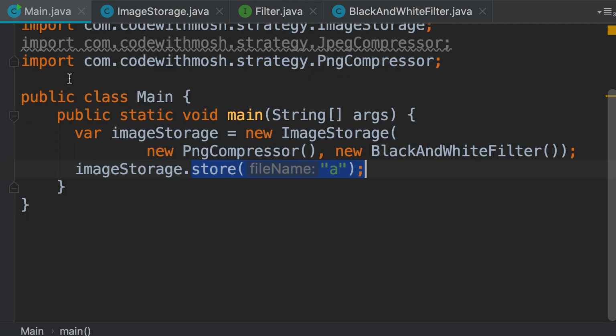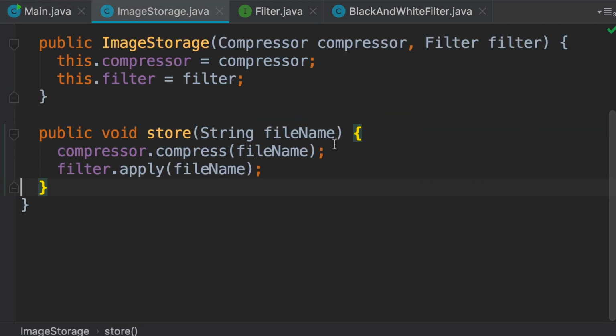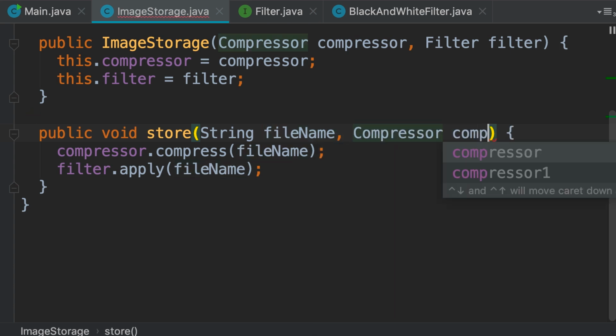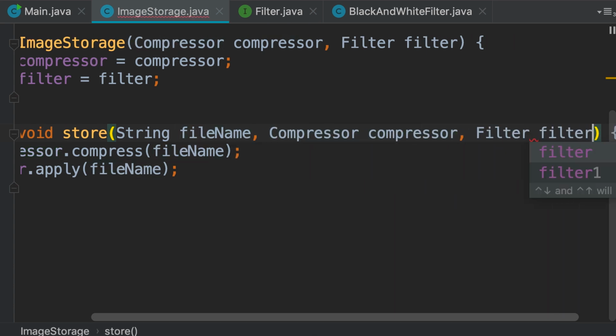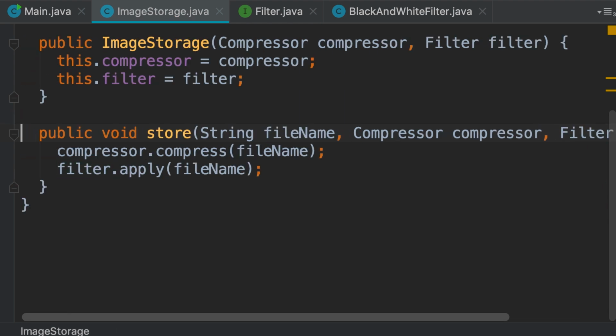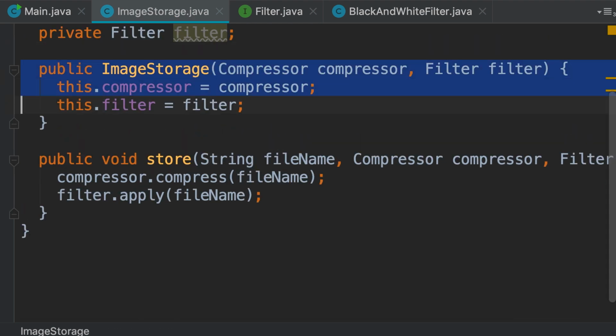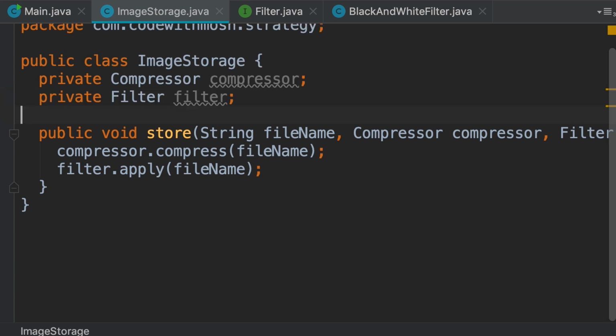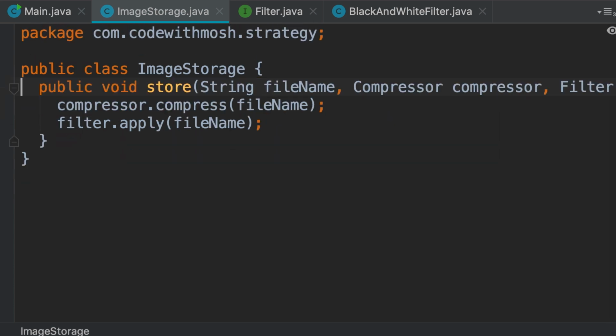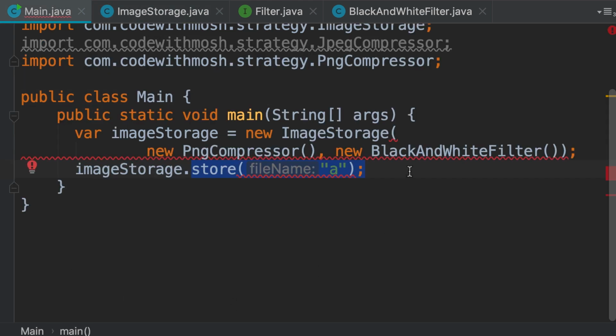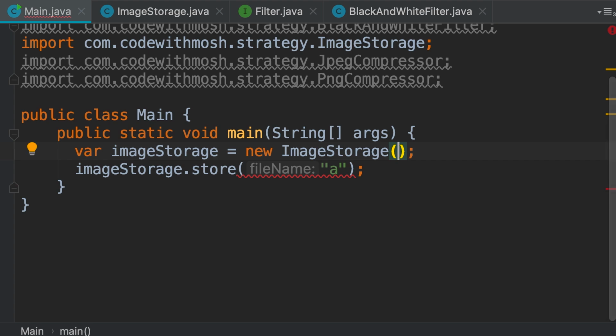Let me show you. So over here, we introduce a couple of parameters, compressor and filter. Okay, now we don't need to pass these objects via constructor. So delete. We don't need these fields either. We simply pass a compressor and a filter. Now, back in the main class, let's simplify the creation of the image storage object. Beautiful. Now, when storing this image, we can pass a JPEG compressor